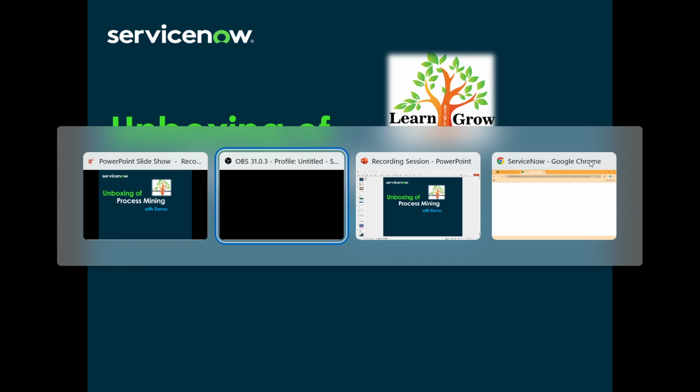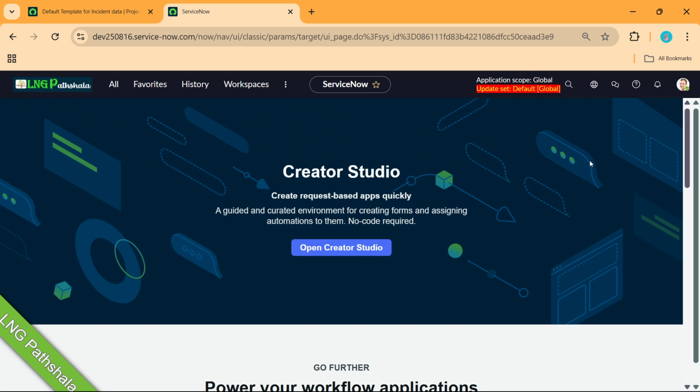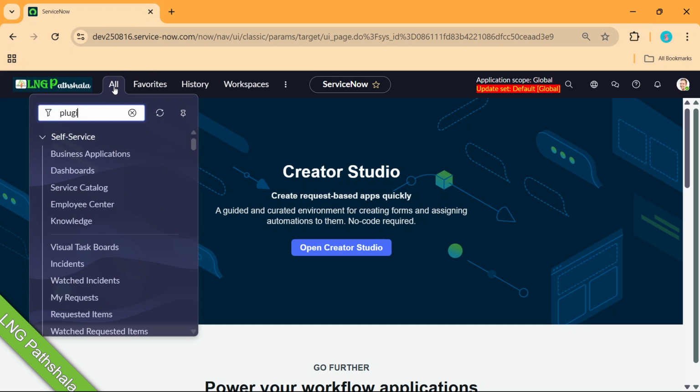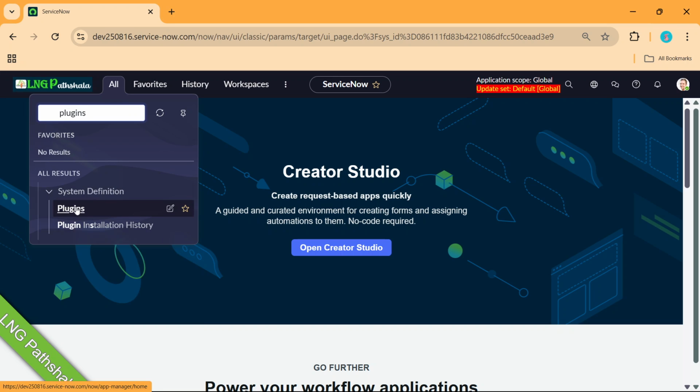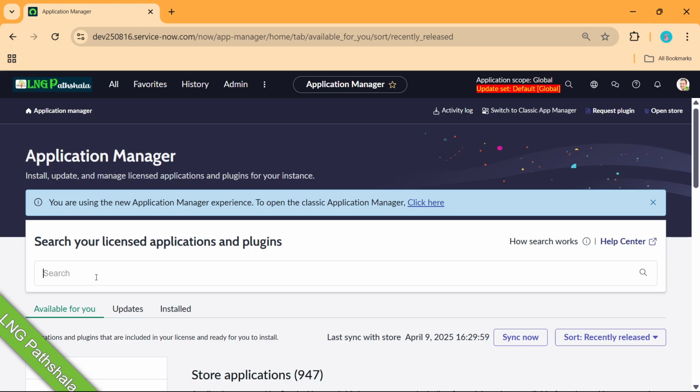So now let's come back to the PDI. This is my PDI and I am on the Yokohama patch 2, and we are going to start with process mining. Before that, let me show you what plugins are required. Process mining comes with multiple content packs. So if I show you here,